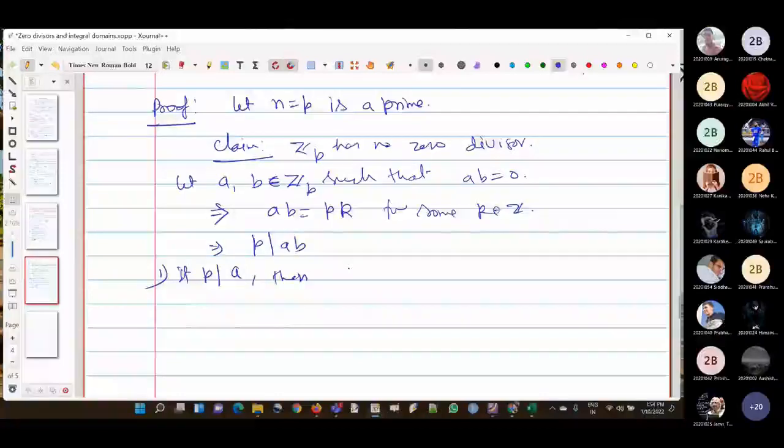And in this case, a has to be 0. समझ रहे हो आप? है ना? अगर p a को डिवाइड कर रहा है, ठीक है? अगर p a को डिवाइड कर रहा है, तो a को 0 हो जाना पड़ेगा फिर तो, ठीक है ना? तो we are done then in this case. Okay. The second case, if p does not divide a,